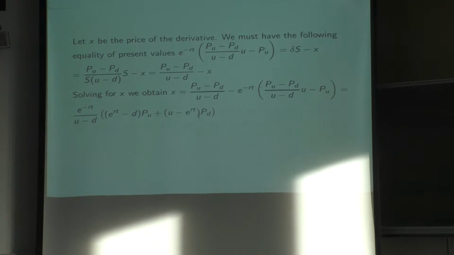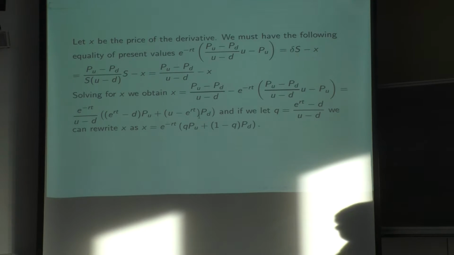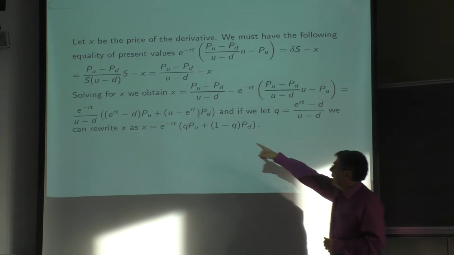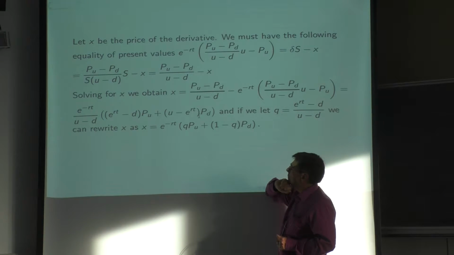And now I'm going to do some magic. I'm going to define a new number. The new number is going to be called q, and it's that q over here. So if I use this value of q to try to simplify this expression we just produced, by doing not terribly interesting, arithmetical things, you can rewrite this expression. This expression is this one using this expression for q.